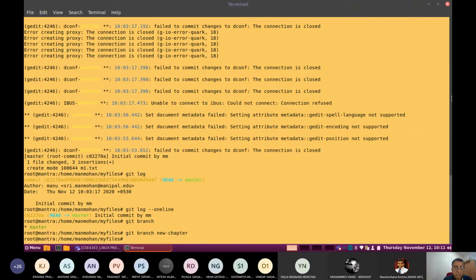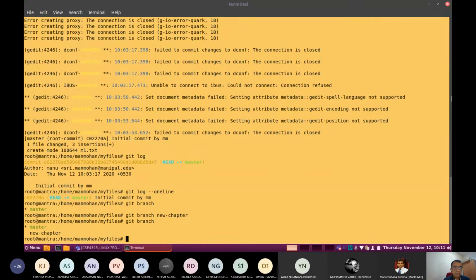Now, if you look at the status of the branches available in this repository, you can check it with the command git branch. Now notice the output.